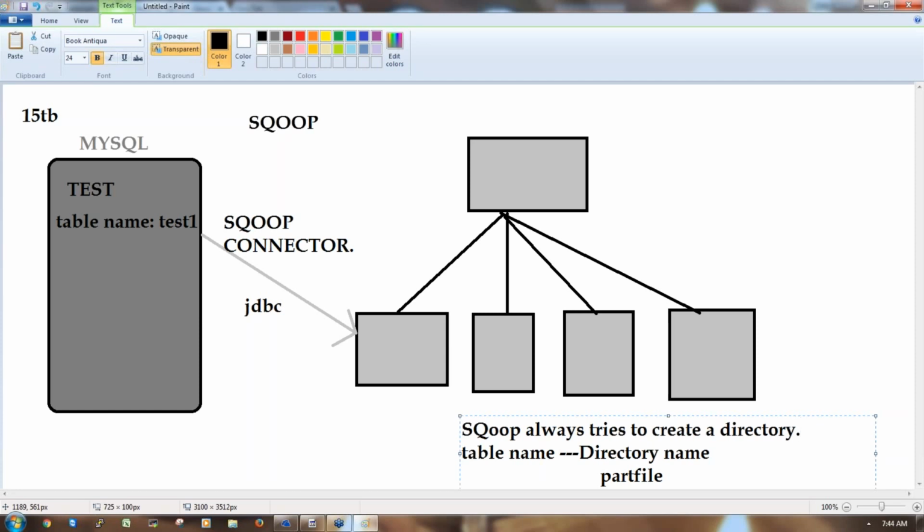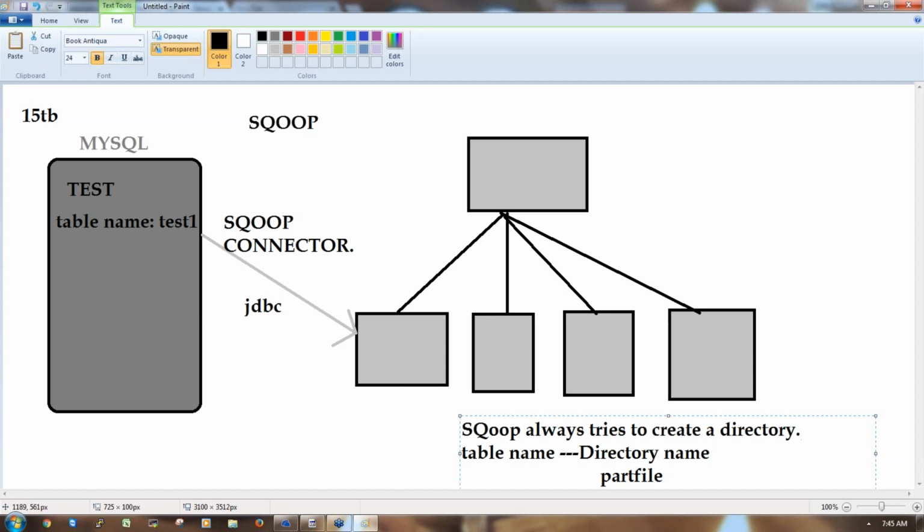Which directory? The same name as the table name. Suppose you are trying to import the sample table, then Sqoop will try to create a sample directory, with the same name as the table in HDFS.